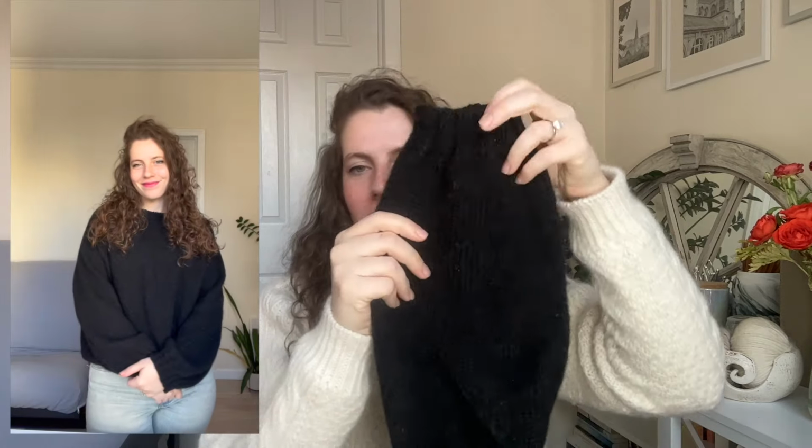I accidentally did 2x2 on the first sleeve just because I was used to it from some other projects I was working on, so I repeated that for the other sleeve, and that contributed to a tight cuff balloon sleeve, like a very slight puff sleeve effect, which I actually really enjoy. I like having those tight cuffs and then a little bit of a rapid decrease, and so you can kind of see that here. Oh, I knit this in Drops Alpaca and Drops Brush Alpaca Silk, both in the color black,